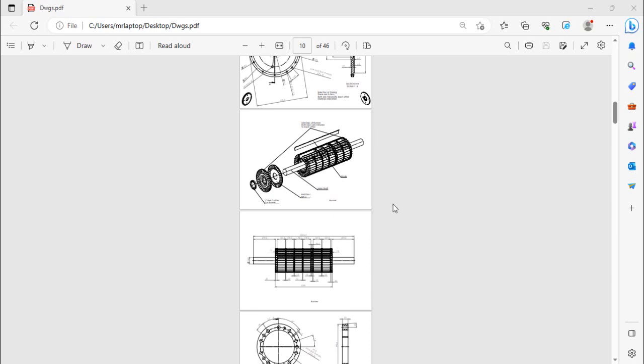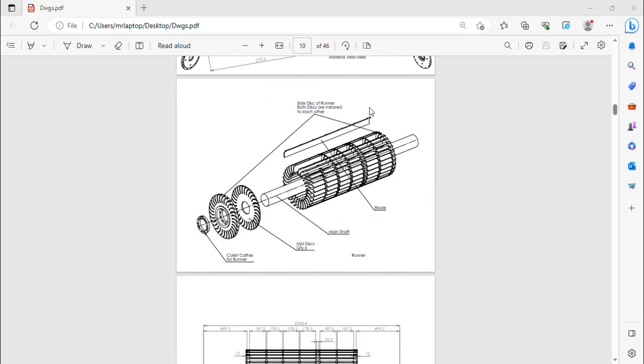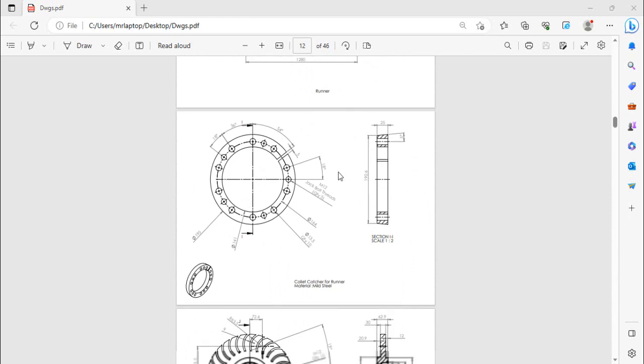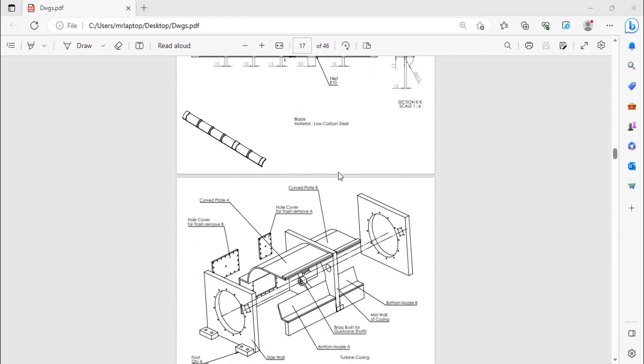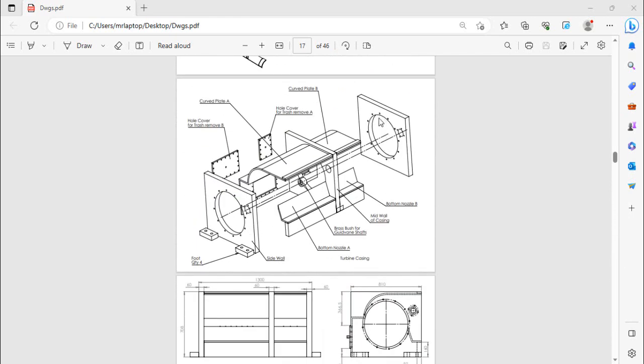My name is Usman and this is part number 6 of complete cross-flow turbine in SolidWorks. So in the previous video we made all these components which are related to the runner of the cross-flow turbine, and today from this video we are going to make all these parts which are related to the casing of